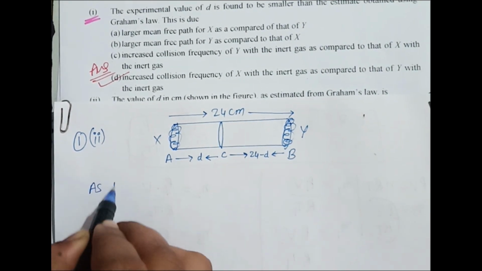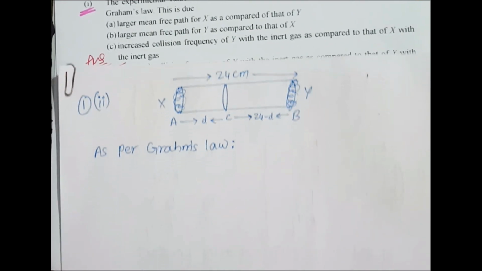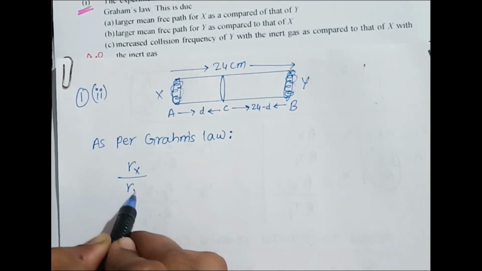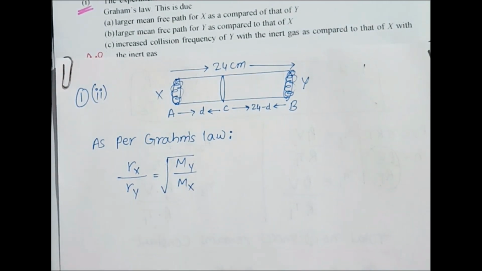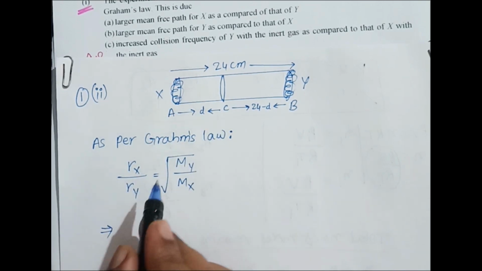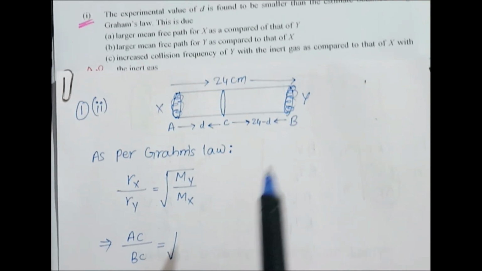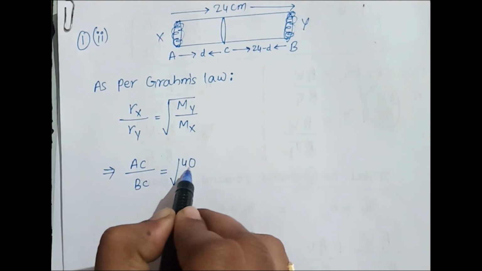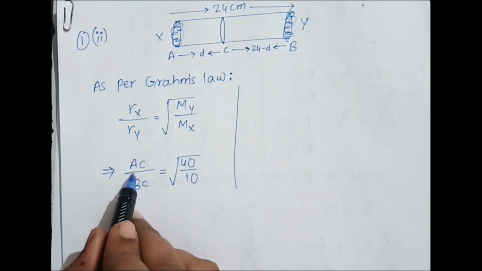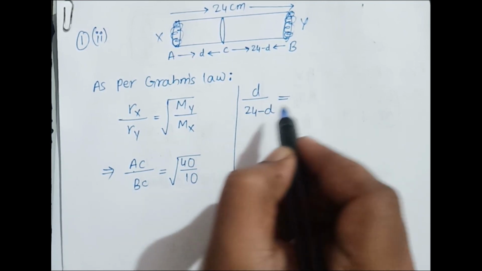Now, as per Graham's law of diffusion, what can we say? The rate of diffusion of X over the rate of diffusion of Y is equal to the square root of molar mass of Y over molar mass of X. Is it right? Which implies the rate of diffusion of X, meaning the distance X traveled, that is AC, over BC, is equal to the square root of molar mass of Y, given in the question as 40, over molar mass of X, which is 10, that is 40 over 10. AC means distance D, upon BC means 24 minus D,